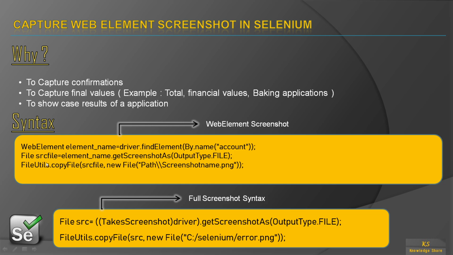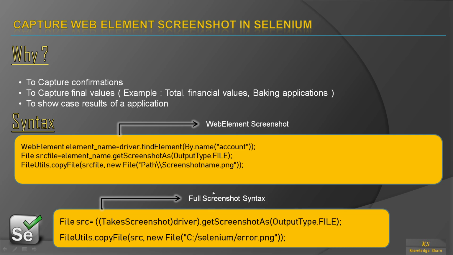So in that case, it's a very simple criteria. You can see here, we are not casting to the driver because we are not capturing the full page, but in fact, we need to capture only one web element. So here, File source file is equal to the web element name, which we declared in the previous step, dot getScreenshotAs, and all the remaining syntax is the same.